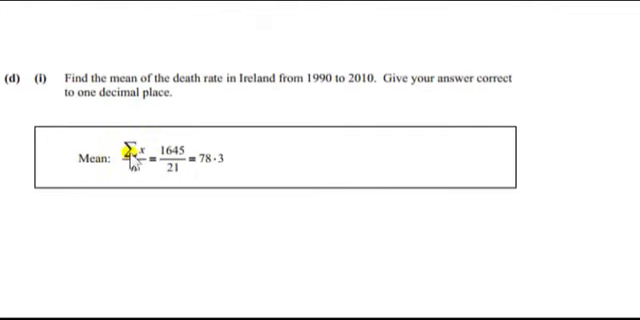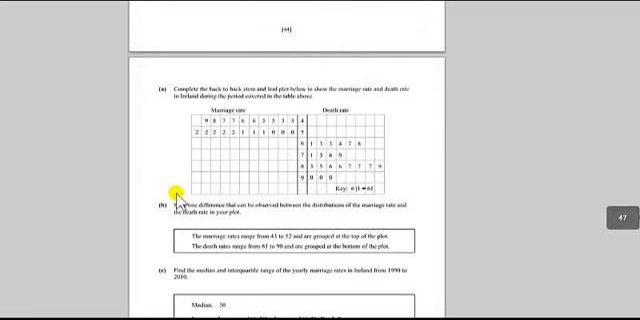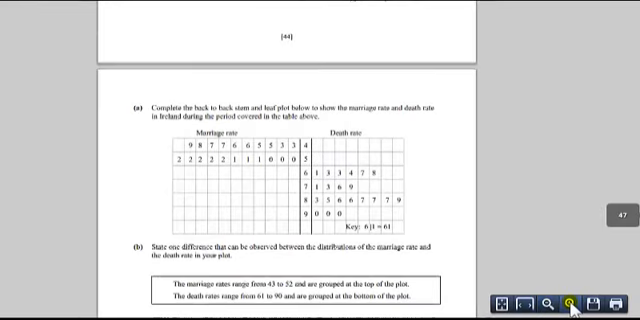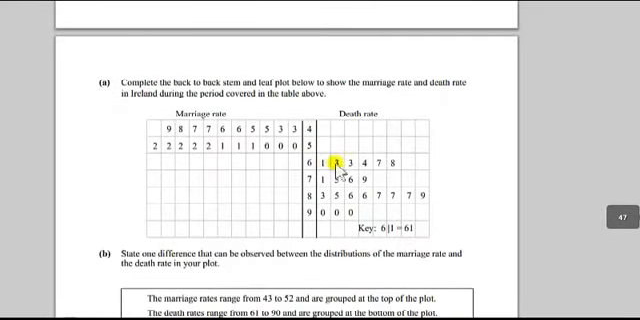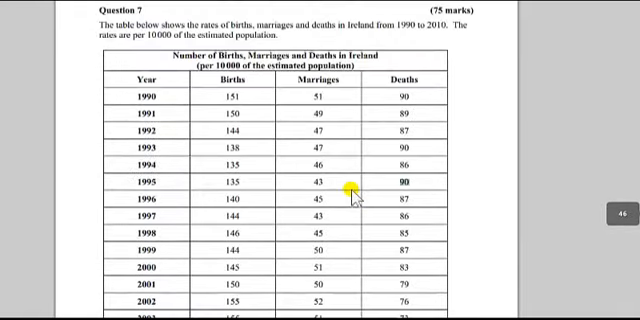Now here we have the mean death rate in Ireland from 1990 to 2010. So to calculate that, we need to sum all the death rates and divide by the number of death rates. So if we go back to the table, or just to our stem and leaf plot, we just need to sum all these values and divide by the number of values. So we're just summing this column. It's the death rate column, the number of deaths per 10,000 of the estimated population for each year. So we're getting the mean